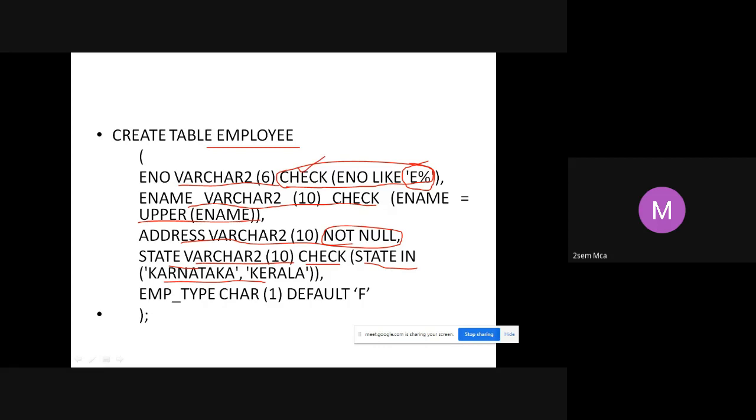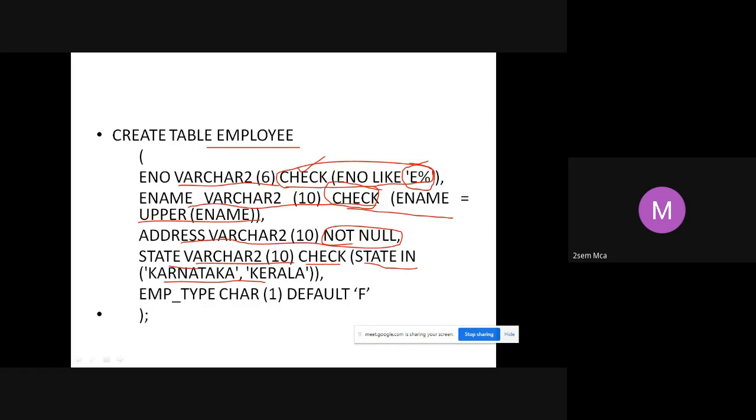The second check: employee name should be equal to upper of employee name. There also I have made use of this check constraint. See the usage of this check constraint. So E name, that means I want all the employee names to take upper value or uppercase only.